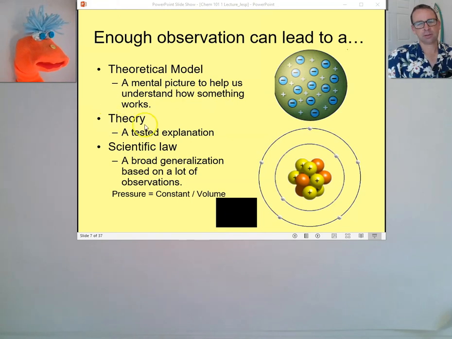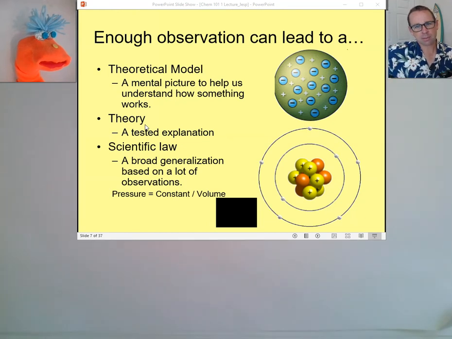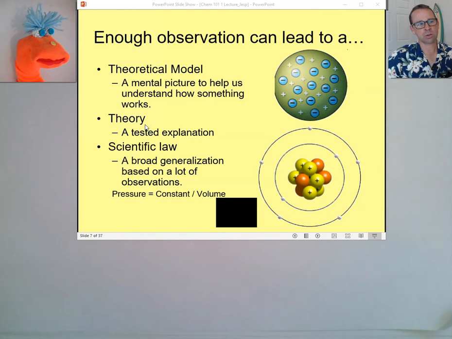And so theories are tested explanations that, over many sets of experiments, models work. Theories are a combination of multiple models to explain what's going on. The word theory sometimes means, oh, it's just a theory, we don't really know. But not generally. Generally, theories are accepted sets of data and understanding that people will use to make new predictions. Once you get a small slice of understanding and you can create what we call a scientific law, then you'll get a very tight equation.